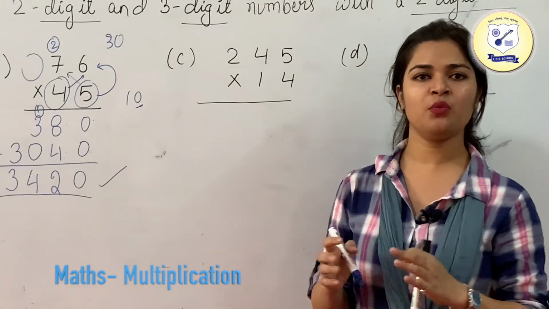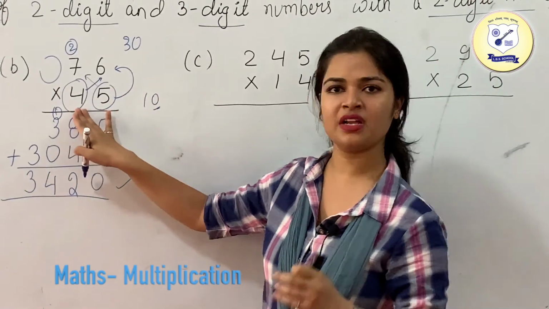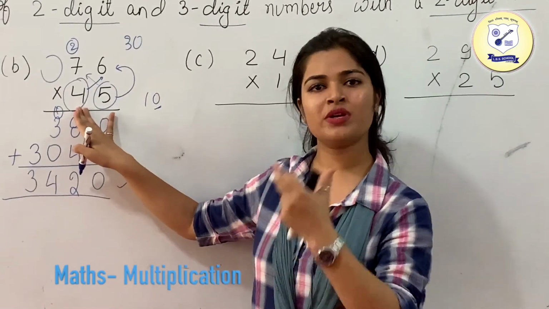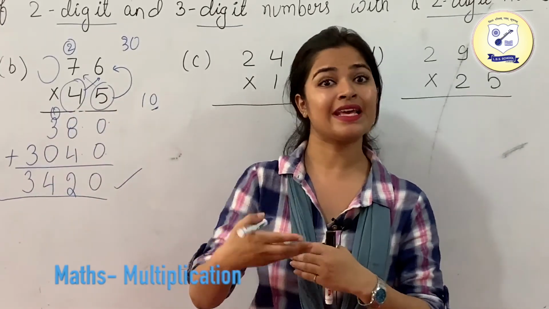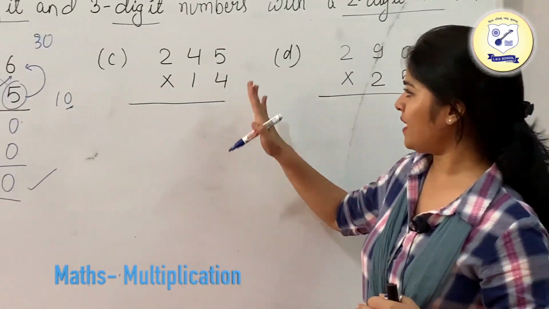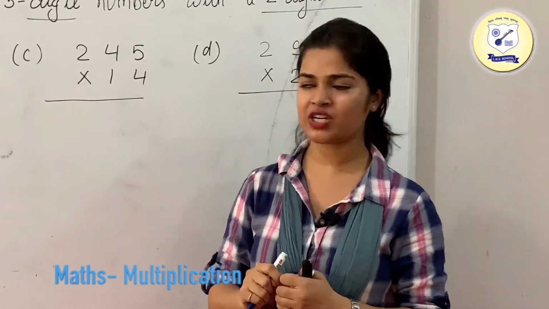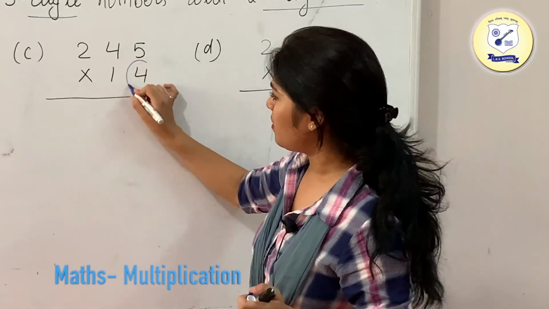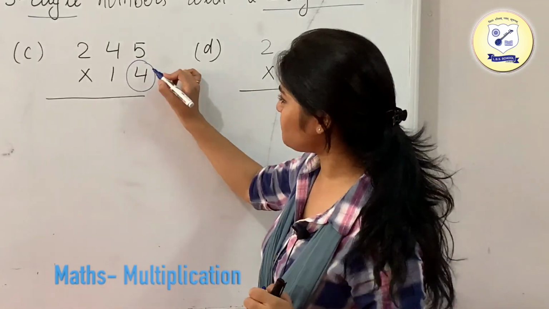The additional thing which we do in 2-digit multiplication is, when we have an extra number, according to its place value we put the zeros as we move to the next digits. Like we have a 2-digit number and we are going to multiply it with a 2-digit number. First of all, when you are multiplying with the first digit, just do it in the usual manner.